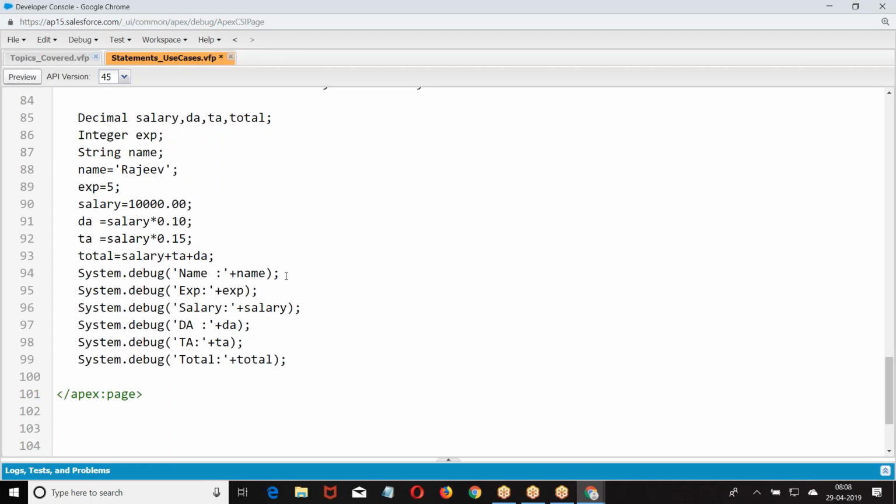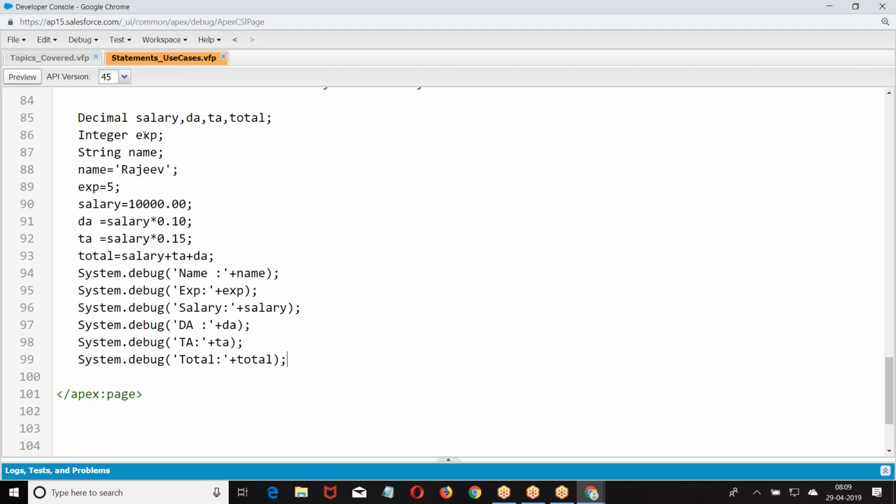I hope you are good with this. So this is how we have written a statement and we are printing the message. This is a basic implementation. Writing statements, writing the logic, we are printing the data the way you want. The purpose of system.debug is to print the message. So we have seen how to create variables, data types, statements, and how to print the message using system.debug.